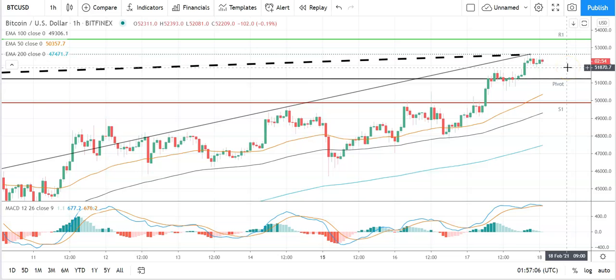Jumping straight into Bitcoin against the US dollar and the hourly candlesticks, it's a relatively bullish start to the day. Going to need to see Bitcoin avoid the pivot at 51,231 to take a run at the first major resistance level, sitting at 53,462. Going to need to see support from the broader market for Bitcoin to break out from yesterday's new swing high,